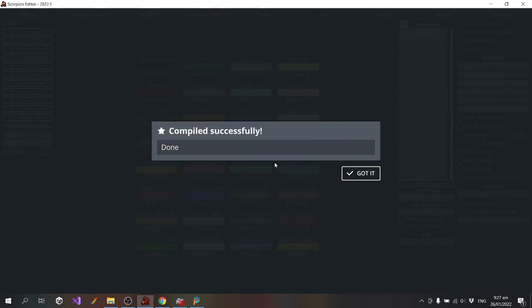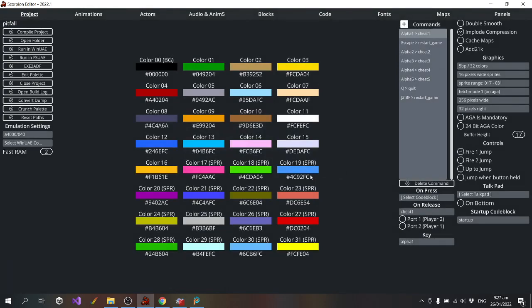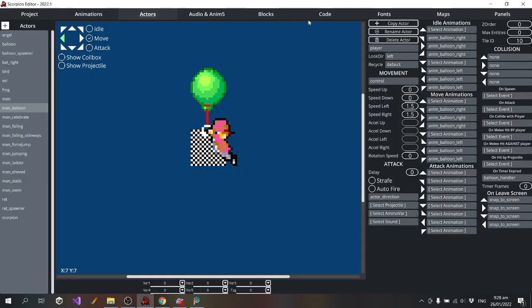So the tile is a block, but you see the balloon doesn't have any collisions for left and right. And there is a reason why I'm doing it.